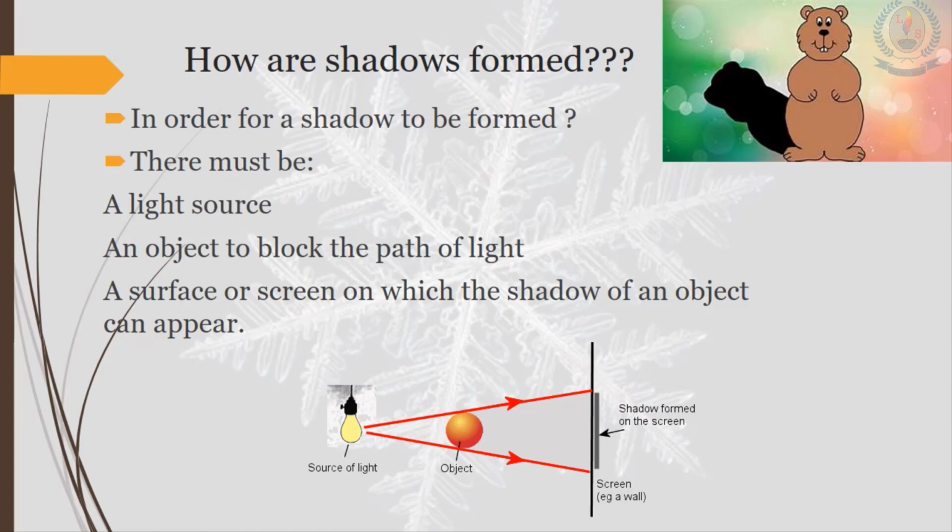It is easy to see our shadows when we are outdoors in the sunshine on a clear, bright, sunny day. But do shadows form when an object blocks light from other sources? The answer is yes. But they may be difficult to see if the light source is not very bright.